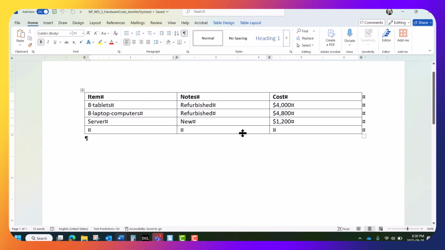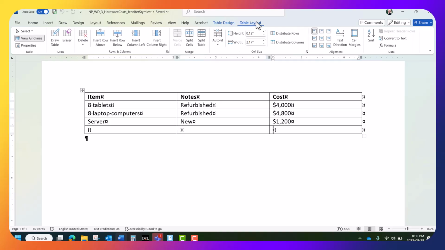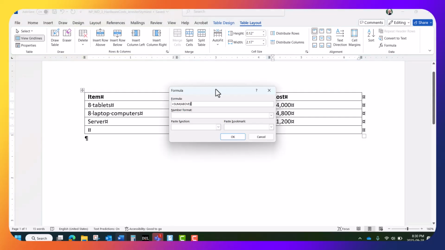Next, we're going to put our insertion point in the blank cell below 1200. And we're going to click our table layout tab. And in our data group on the far right, we're going to click formula. This opens up our little formula window. And this text here, this field, is what our formula is. So this one is equals sum above. So it's going to add up